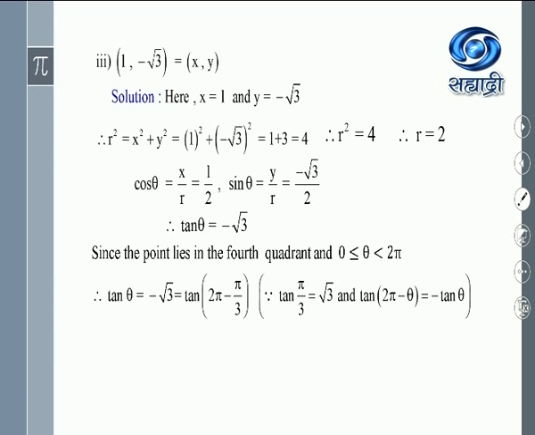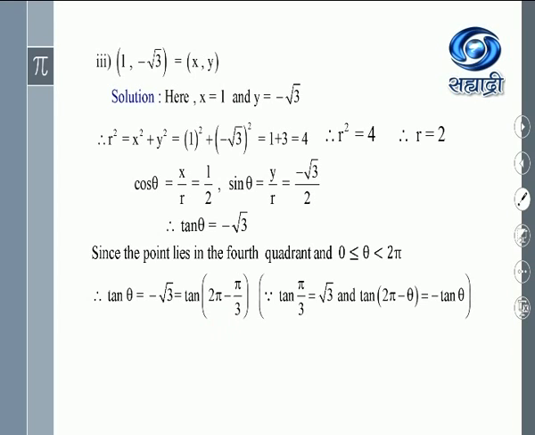Okay. Now, this you know, tan 2 pi minus theta is minus tan theta. Okay. This is using the rules of allied angles. This is integral multiple of pi. Therefore, tan remains tan and theta, and the quadrant is fourth quadrant. All S, T, C. Only cos and sec are positive in the fourth quadrant. Therefore, tan theta, or you can say tan of that angle, its value is negative. Okay. So in the fourth quadrant we have tan theta negative. Now look at this. Tan theta is minus root 3.